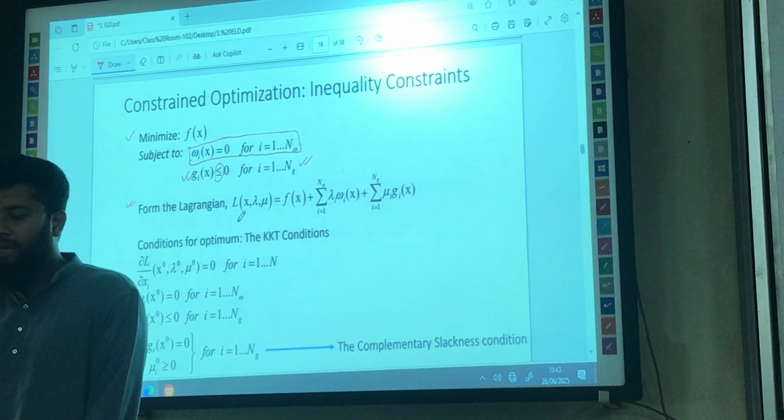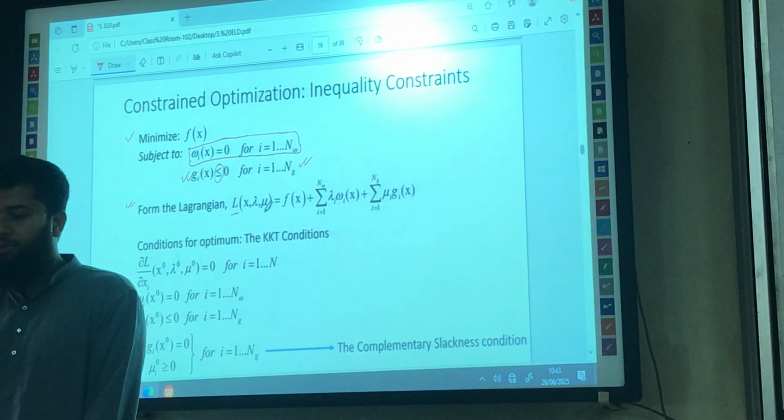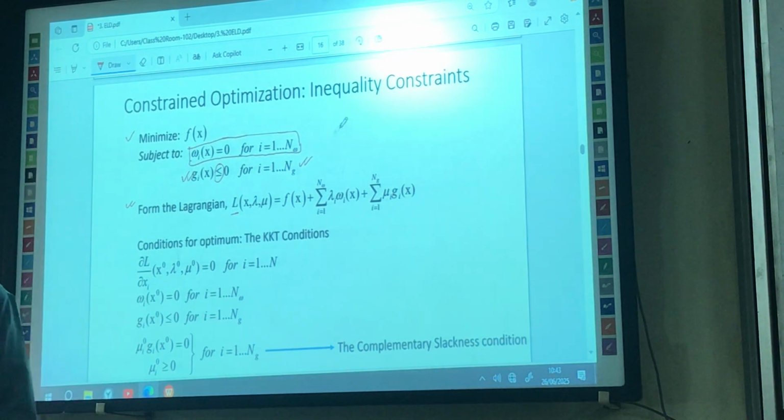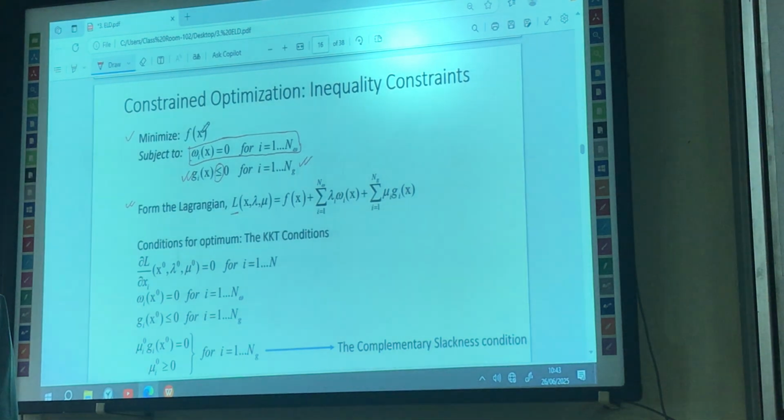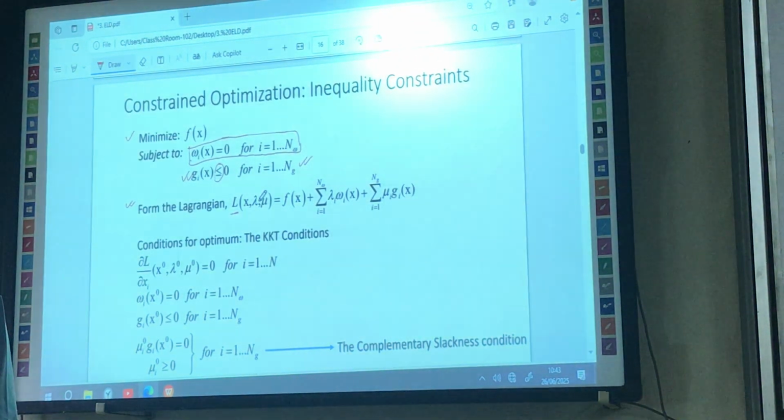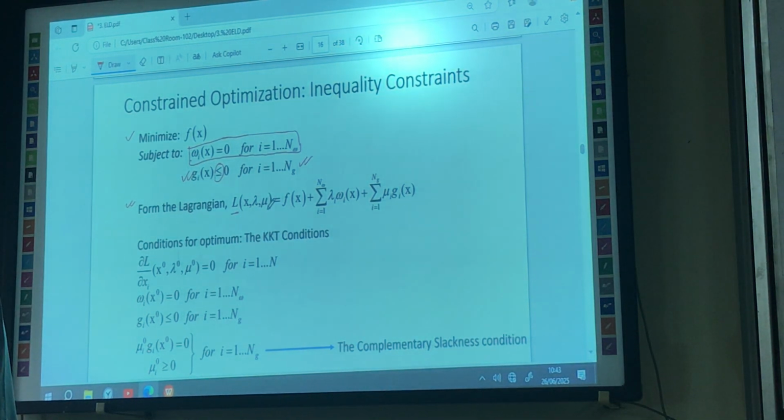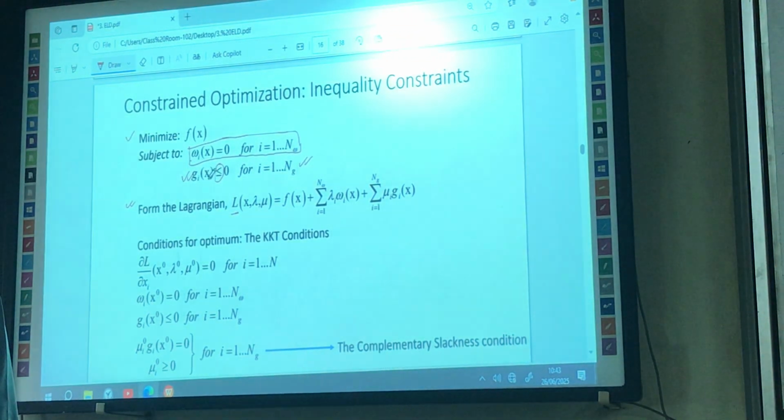So what will be our Lagrangian? It will be L, and it will be a function of x, lambda, and mu. x is the decision variables that we will get from our main objective function, and lambda is the Lagrange multiplier, that is a penalty term, which comes from the equality constraint, and mu is the slack variable. This is the slack variable. It will be the compensation for the inequality constraint. That's why we can write the Lagrangian this way: f of x plus